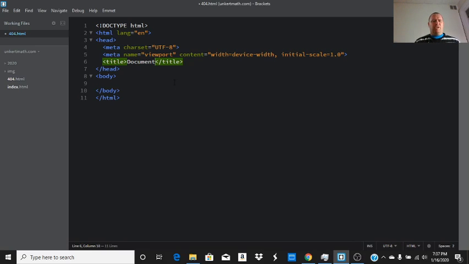So I want to put my style in the head of this document just to make it look good enough so it's consistent with the site, but they also know that they're on the wrong site and they want to go back to the other one. So, all right, this is going to be 404. We'll call this 404 error, and then